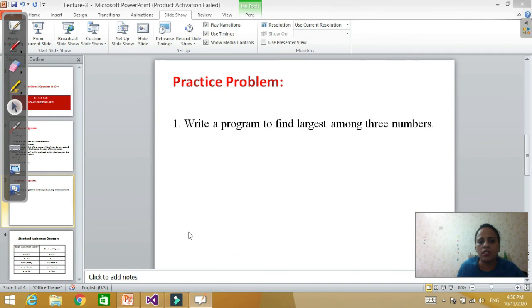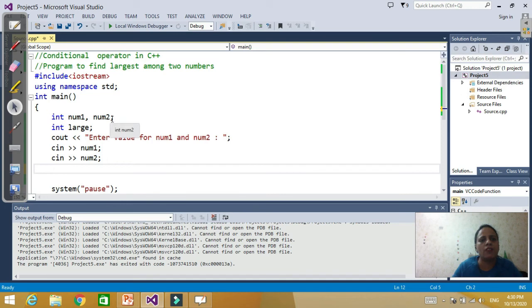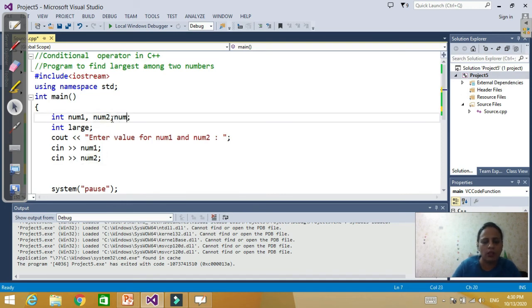So let's check it here using Visual Studio. Let's remove everything here, and let's say we have three values, num1, num2 and num3, and let's assign values so it will be clearer to you: 5, 3 and 6.